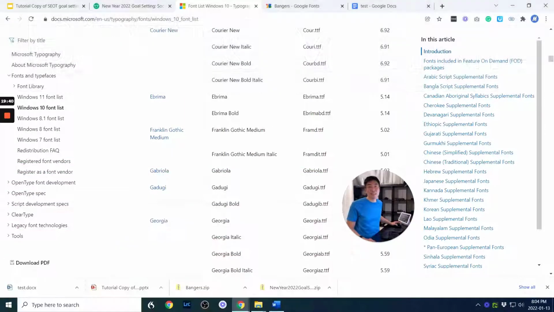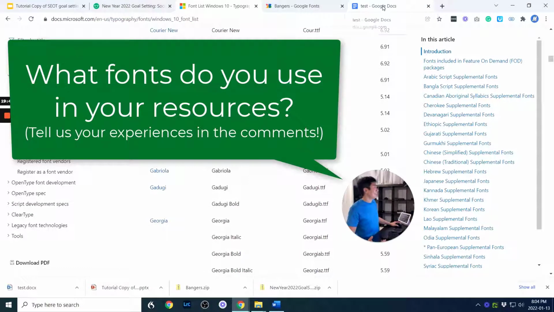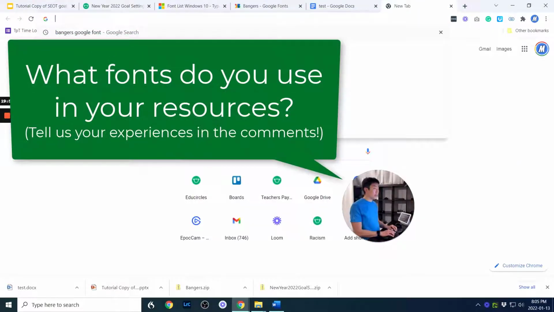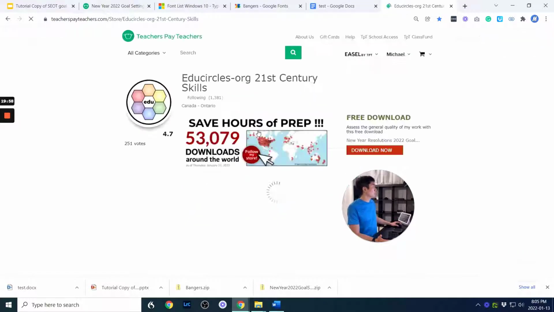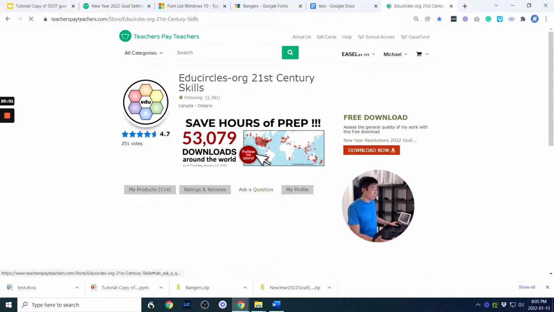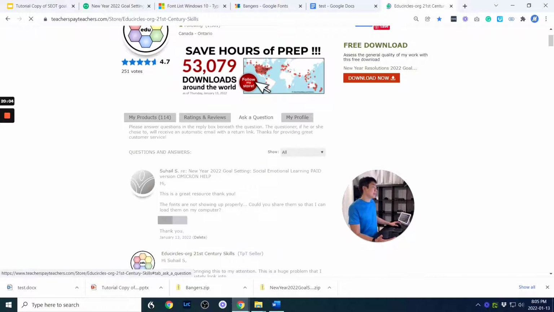And if you've been here for a while and you've been making resources with different fonts, let me know what the secret is to putting fonts into the documents so that they load for everybody. Otherwise, you will end up with lovely comments, legitimate questions from people who have downloaded your product, but for whatever reason, the font isn't loading properly. And I know I could just include the font in the file or a little line about how to do it, but I really want to come up with a way where fonts are already part of the PDF and they work magically. I don't understand how fonts work.